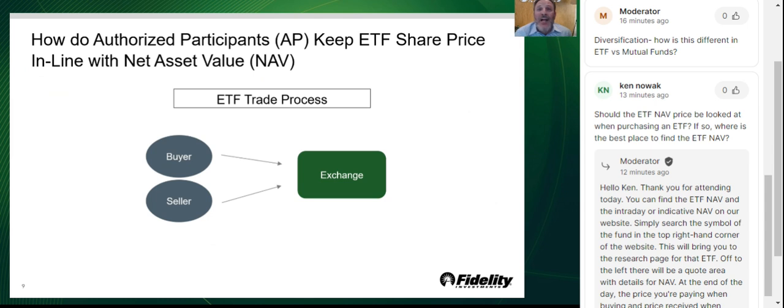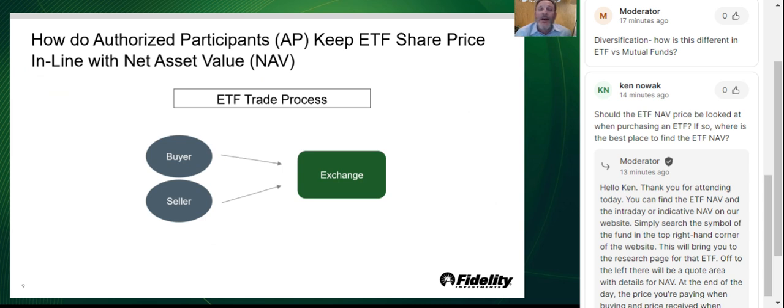And similarly, if a seller wants out of FBND, they'll go to the exchange. They'll sell it. Again, there'll be a bid and an offer. And the seller who's exiting, again, if they came into it at 40 and sold it at 45, they have a $5 capital gain. But because they sold on the exchange, the ETF didn't have to go to the exchange itself to rejigger its positions. There is no capital gain realized inside the ETF in order to help that seller come out of the fund. Buyers and sellers are being matched on the exchange, and the ETF is not being forced to adjust